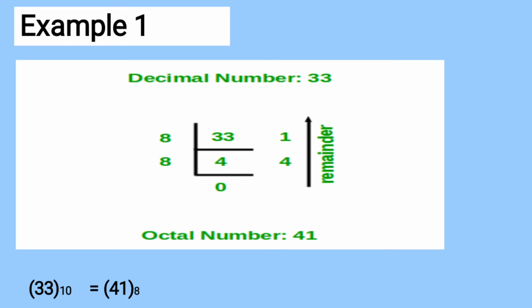And have the habit of reading each number separately. Don't pronounce this as forty-one to the base 8. This is the wrong practice. In a binary number, each and every digit is pronounced separately. In the same way, in an octal number you have to pronounce each digit separately.